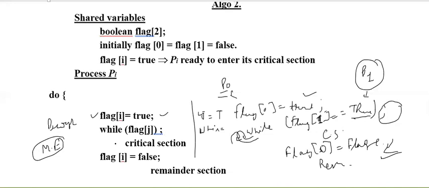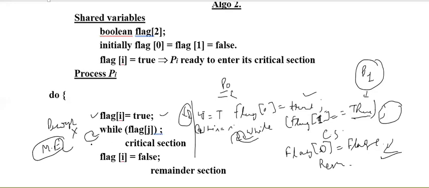While flag j is true, this will wait. While flag i is true, yes, it is true, it will wait. So both are waiting continuously when both are parallel. Still, progress is not met. We had picked that in one way progress was met, but in the other situation, when both come in parallel, yes, progress can get halted.